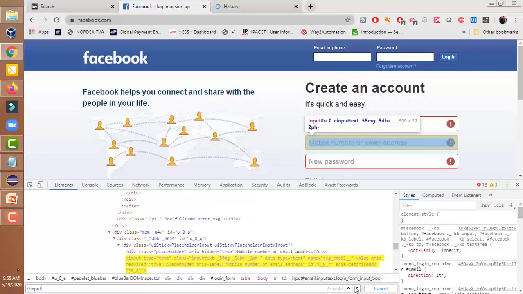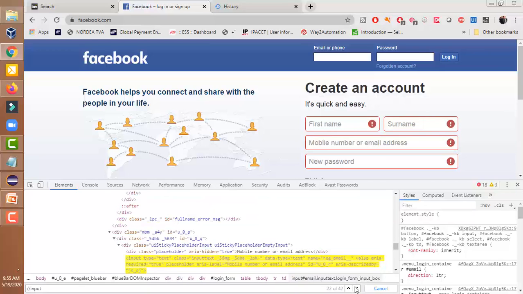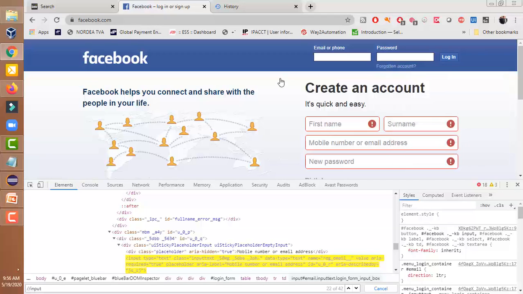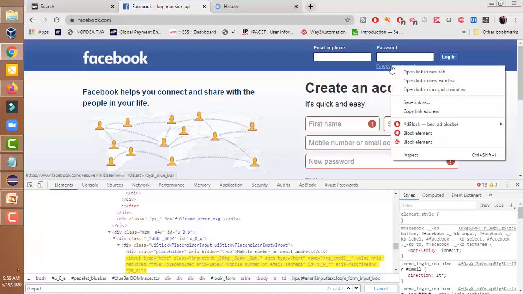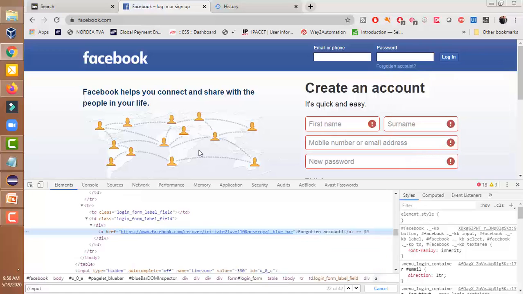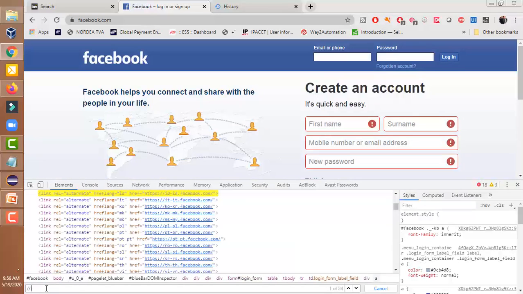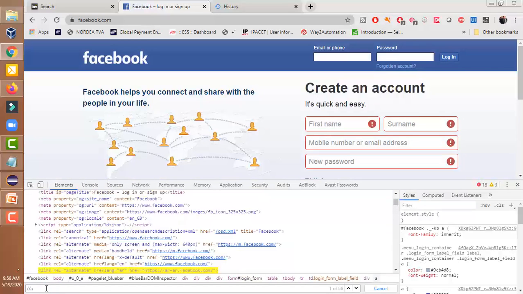surname. Now if you want to find out how many links are there on this page, what is the type of a link? Look at any link first. For example, I have selected this forgotten account link. Right click there and go to inspect element: href, a tag. So instead of input, if we type A here, it shows 56.